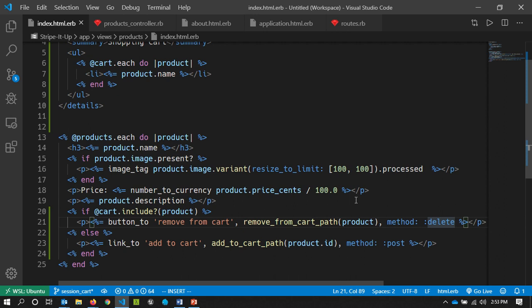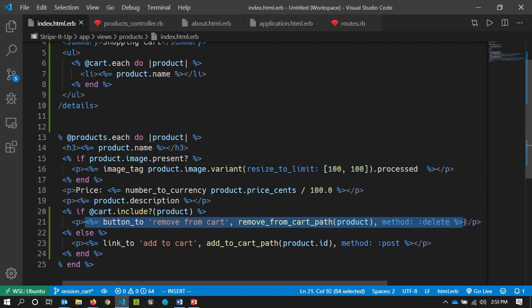So now I need to implement in the controller the thing that's going to deal with that. I'm also going to take this thing right here, and I will put it up into my cart as well. So this whole thing can be copied